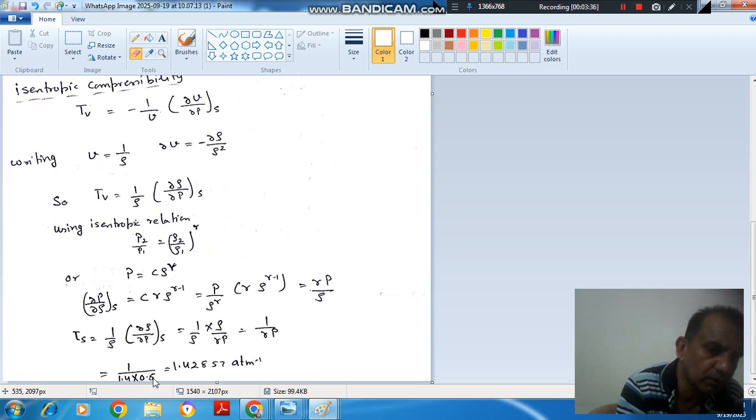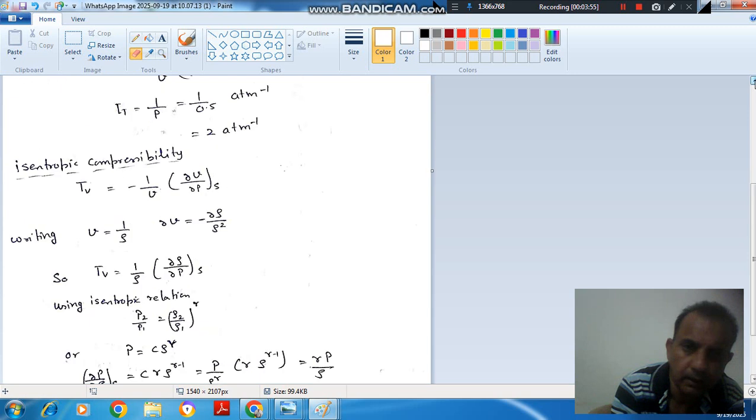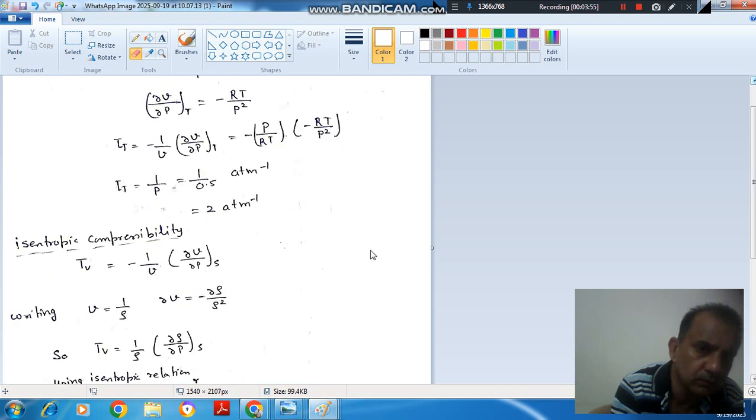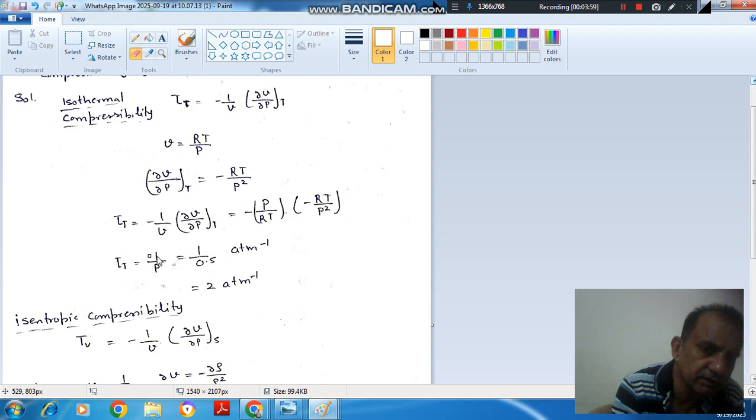Gamma is 1.4 and p is 0.5, so it will come out as 1.4 to 857 per atmosphere. So this is the isentropic compressibility, or you can remember that for an ideal gas the isentropic compressibility is 1 by gamma p, and for an isothermal process it is 1 by